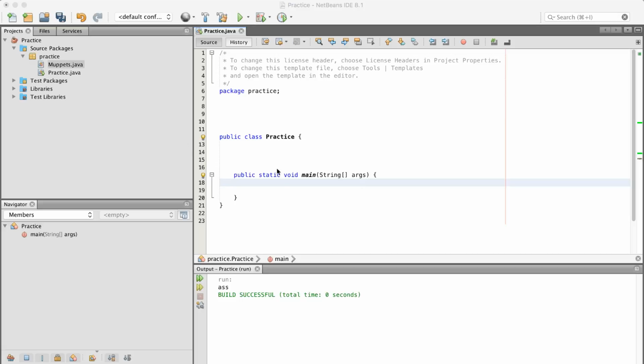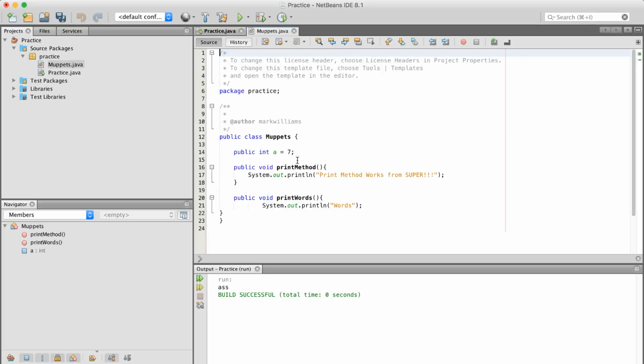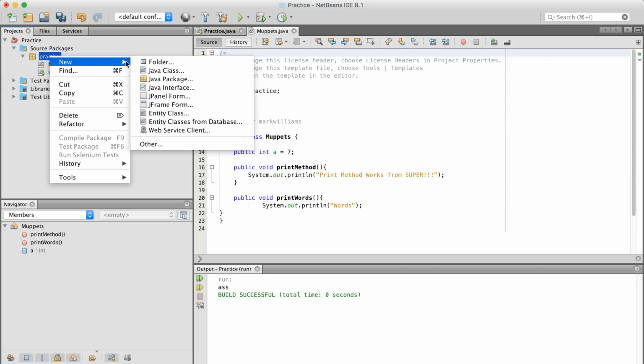Our practice class, we're going to be running the main method here. We could just run this and think of this as where the action begins. So remember from before we had the Muppets class here, right? Let's go ahead and create something else called a